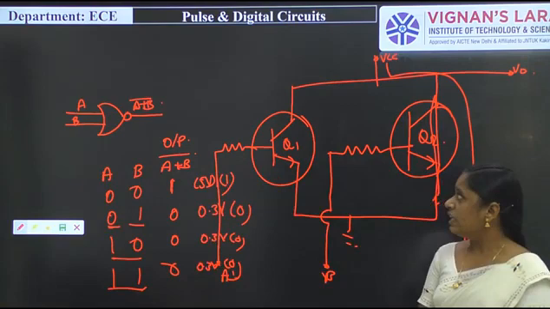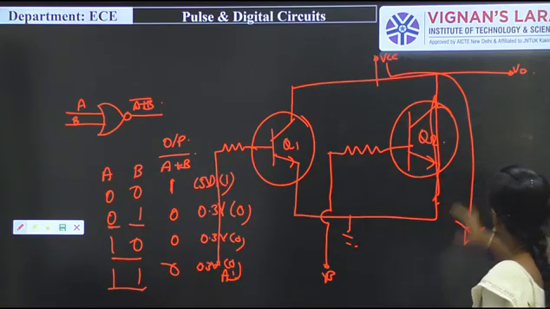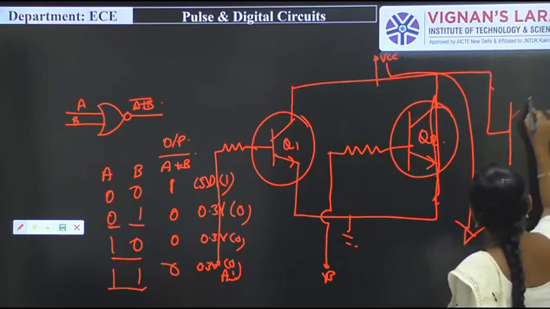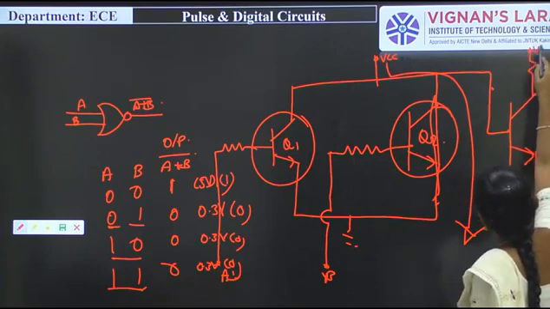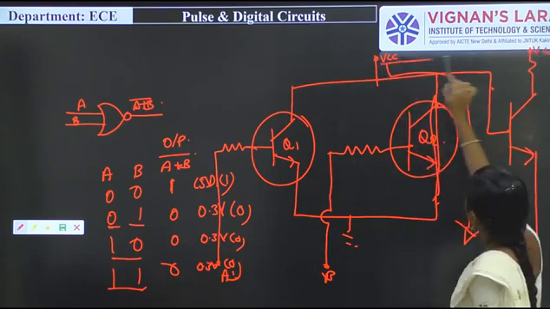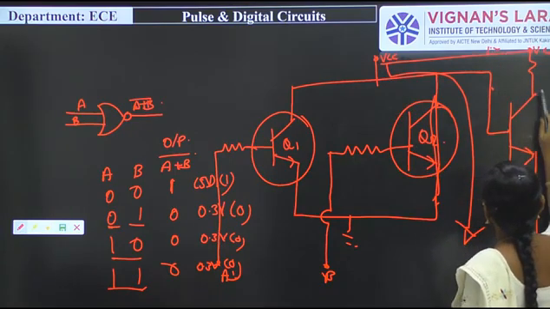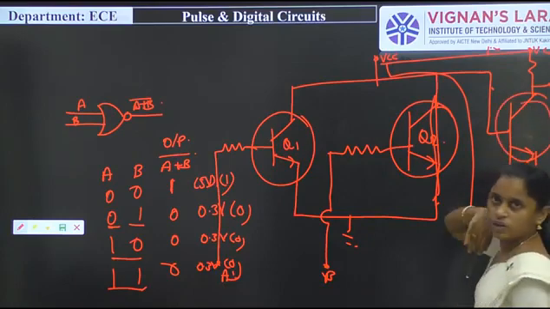So simply here I am connecting a NOT gate to this particular one. The output of this one is connected to the NOT gate, like transistor. VCC, I am connecting these two VCC, both the VCCs, and connected to ground. And here I am taking an output. Obviously it can be worked as an OR.